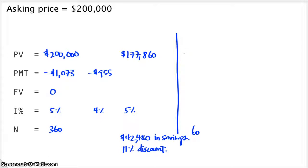So, to recap, 200,000, 955. Our interest rate is 4%, and we solve for the future value. That gives us 180,895. Putting that back up to a 5% interest rate, 60 periods, we know that the future value, we're going to owe